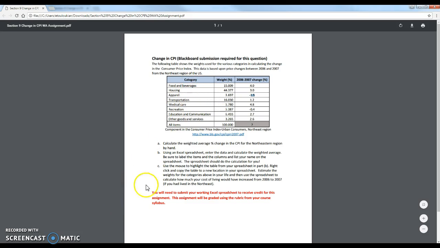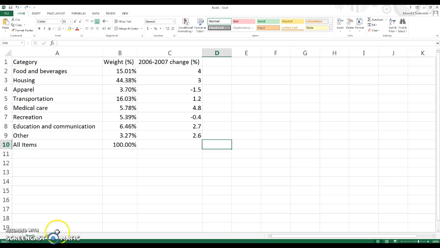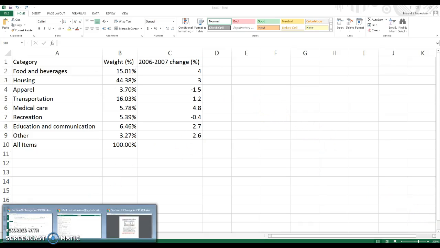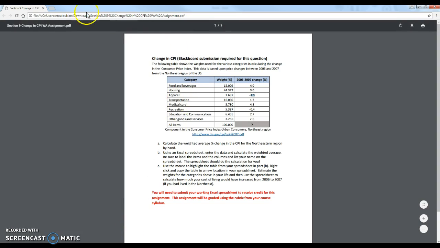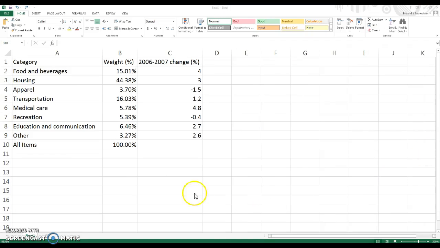Okay, so what you need to do is open up an Excel sheet and type all this stuff in. Okay, I kind of got a head start on you. But what I want you to do once you type it in is let's really try to format it exactly like you see it. So the first thing I see is all these are centered.